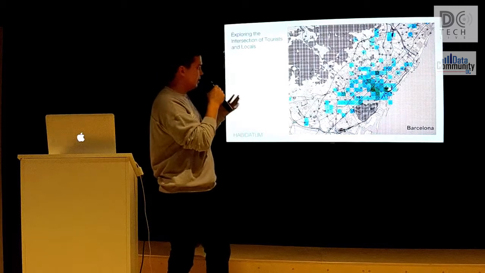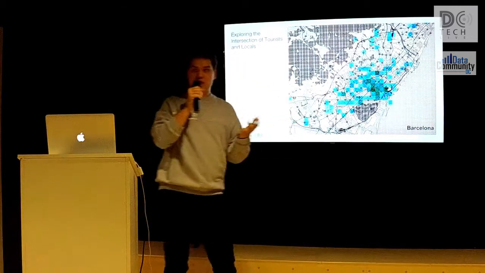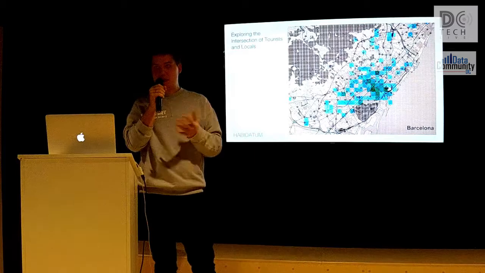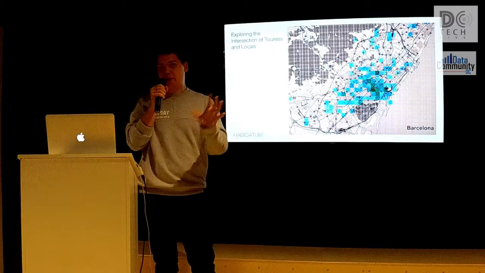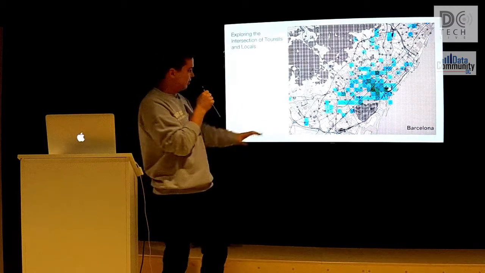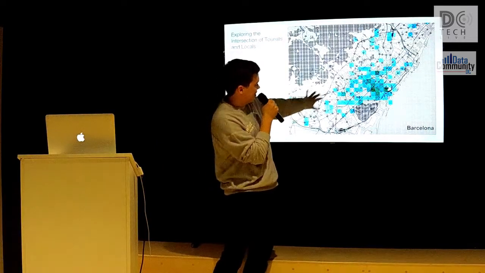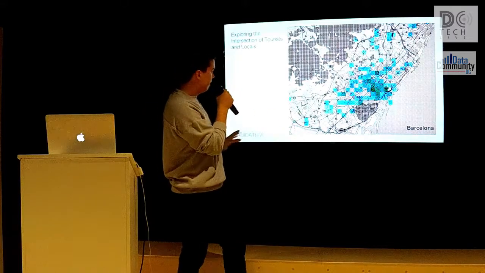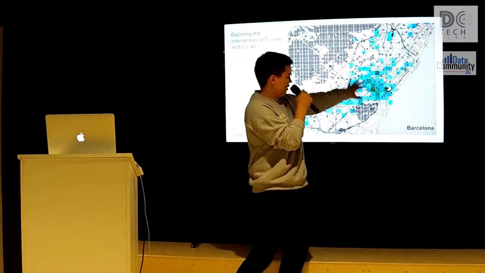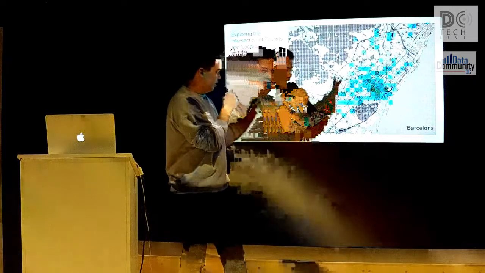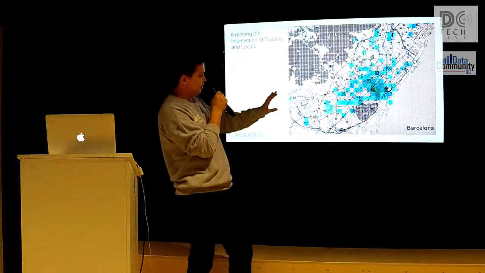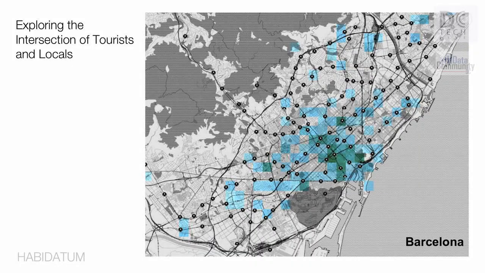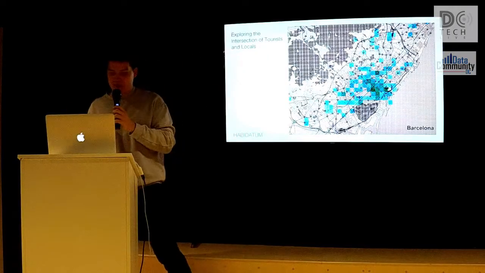And we wanted to look at where the locations are where there are both tourists and locals. Because if they are there at the same time, they might be congested, and it's visualized here. So these are squares of around 500 by 500 meters, where you can see the intersection of tourists and locals. So well, we might think, okay, most of it is in the center, but there are also lots of places outside the city. So you might think that this is pretty dangerous, but